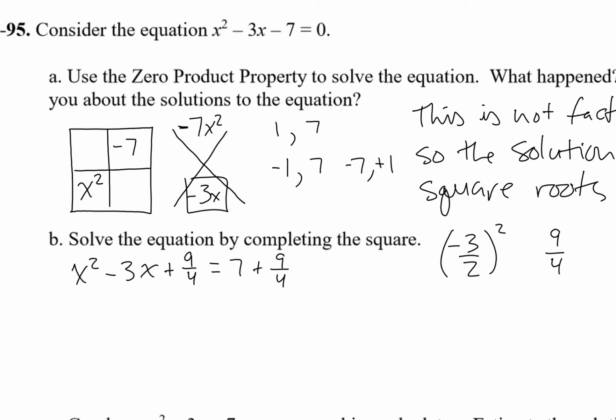But I can now write this in its perfect square form. I can write this as x plus, and oh, it's actually going to be minus, because when I break this out, it's -3/2 going each direction. So it's going to be minus, and then the square root of 9/4 is 3/2. This quantity gets squared. Now on the other side, I'm going to go ahead and combine those, and you know what? I think